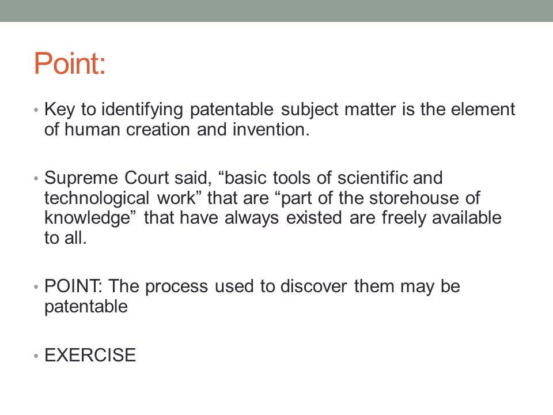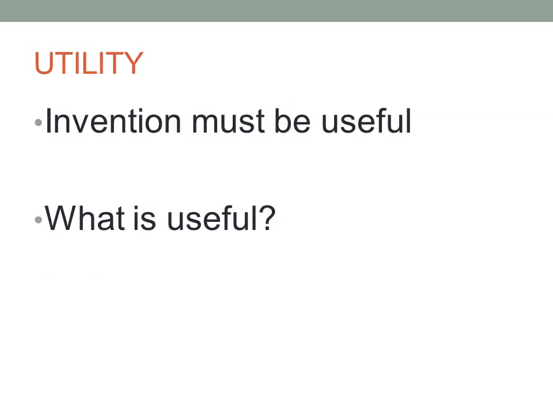And if we were in a classroom, I would be splitting you up in groups and giving you some patterns to work through. But those will be part of assignments to do. So, subject matter. Let's talk about the next component. So you meet subject matter, but your invention has to be useful, because that's what the Constitution says. It states right in there. The Constitution grants Congress the power to grant patents for discoveries in the useful. Okay? What's useful? If it's capable of providing some identifiable benefit that is both specific and substantial.